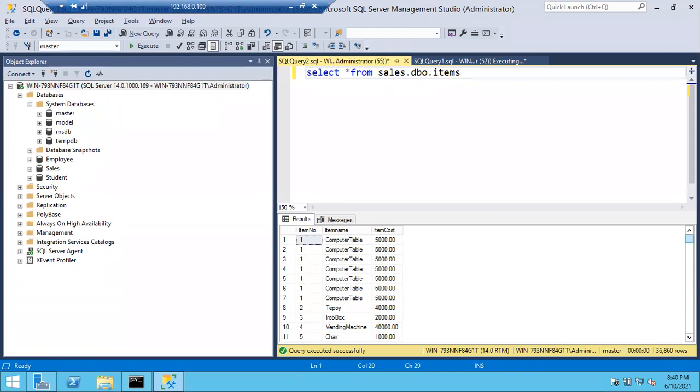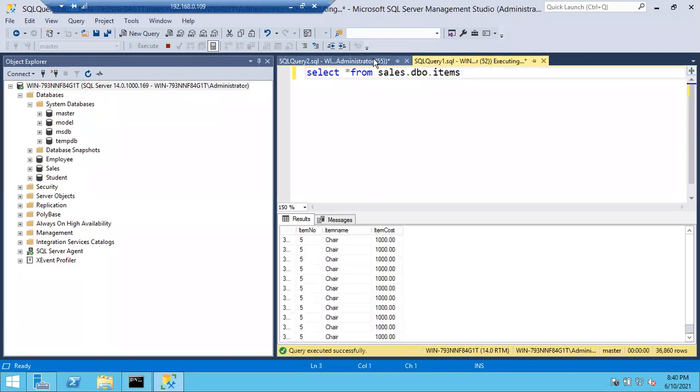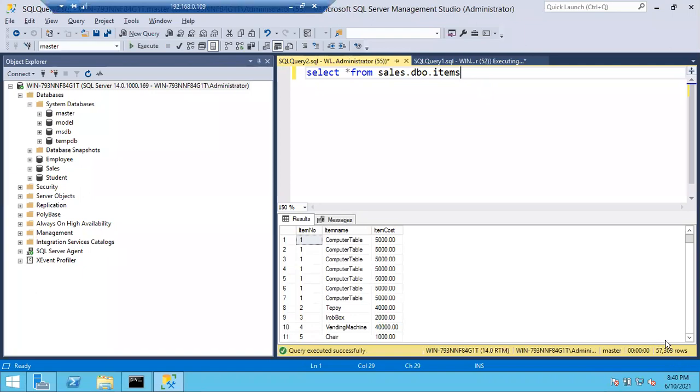Without using the drop down option or this down button, you can simply use this option to see how many records are there in that particular object. Once the query is executed successfully, we have executed for 1 lakh, and earlier we had 11 records, so you can see 1 lakh 11 records. You can see the status and all. As of now 57,000 records are executed, so remaining are 43,000, something like that. Once everything is completed, you can easily see how many records are there in this table here.